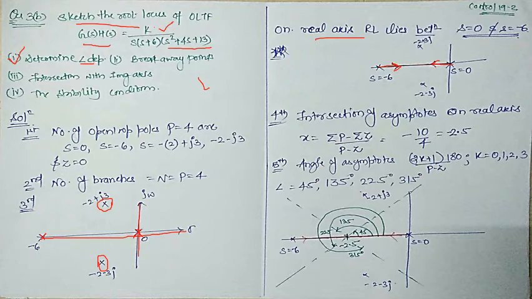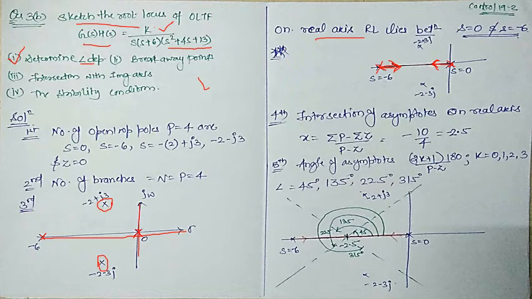And one more important point, root locus always starts at an open loop pole and terminates at an open loop zero. If zero is not there, then they will terminate somewhere at k equals infinity. So from each open loop pole, your root locus will start. So that is why the direction of arrow for s equals minus 6 is towards the right side, and for s equals 0, it is towards the left hand side.